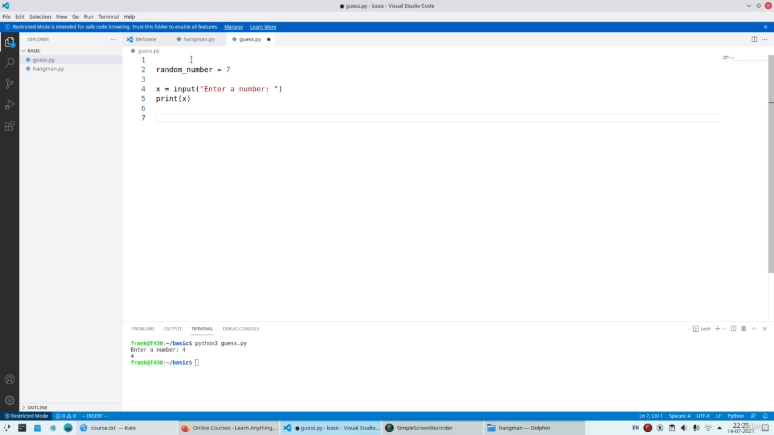And now we need to know, is our number equal to the random number? So if x is equal, this checks for equality, the equality sign twice, then we can say you guessed correctly. So if we run it and we guess number 7, you'll see it doesn't actually output anything because the types are different. So if we output the type of x,